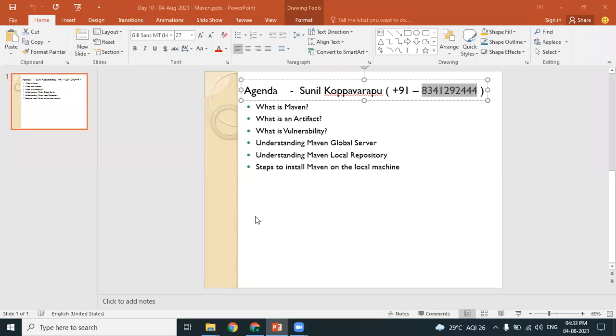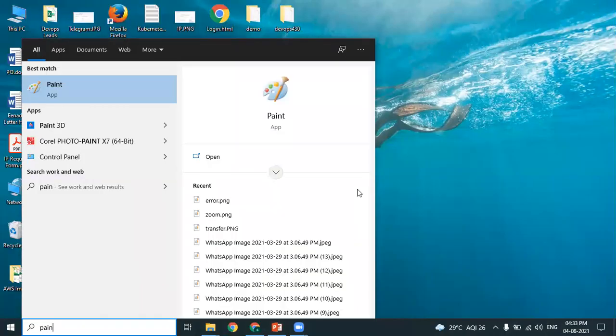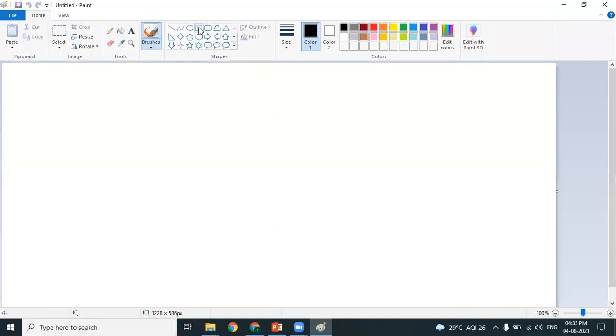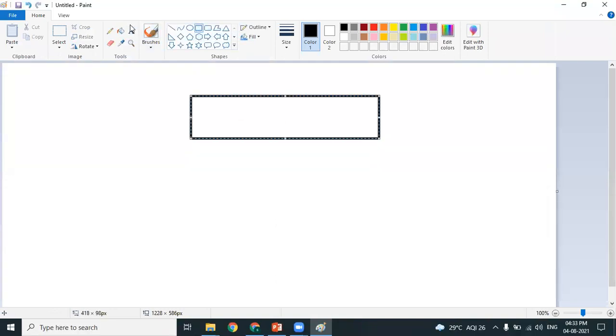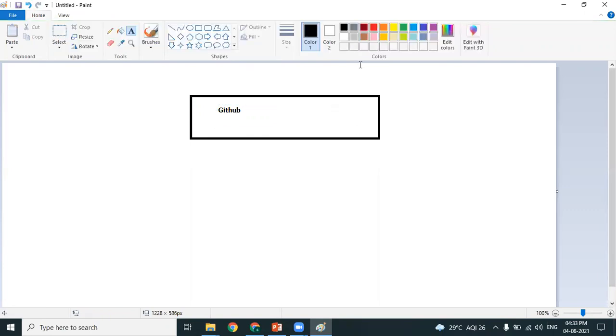We have understood about GitHub. GitHub is called a remote repository because it is a centralized location where the complete source code from all the developers is stored, isn't it? We already have logged into GitHub. I hope you have already successfully created a GitHub account. We already have created a GitHub repository, and we failed to upload the code into the GitHub repository because of some browser issues. Now it has been solved.